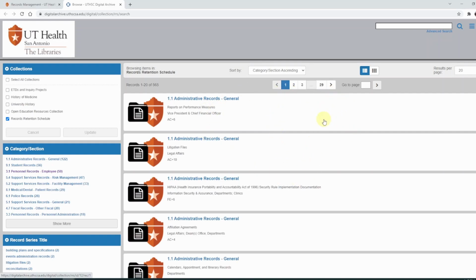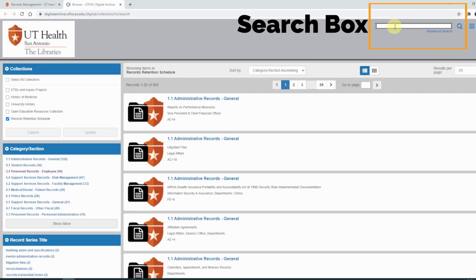item. The other thing to be aware of right away is the search box up in the top right. You'll be using this quite a lot to search for records. It's usually the fastest way to get what you're looking for. There is an advanced search option, but for the most part, the basic search will probably suit your needs. So with that, we're going to go over a couple examples that will show you how to search the records